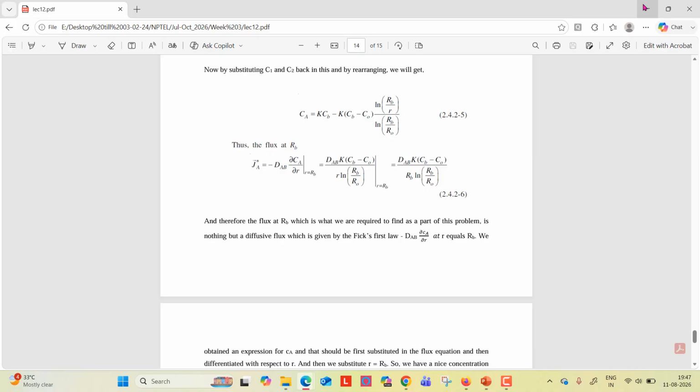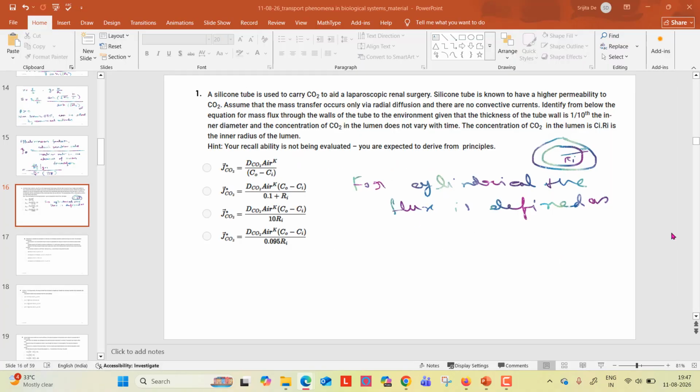So we'll directly write this equation. So this mass flux of CO2, J CO2 star, will be